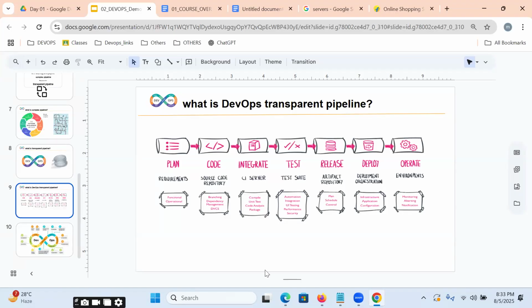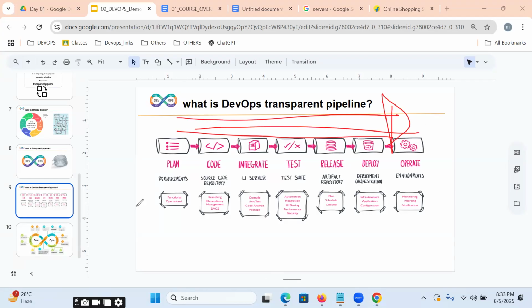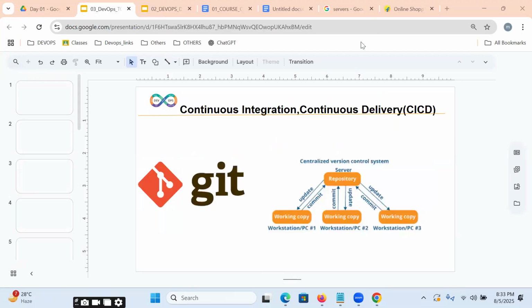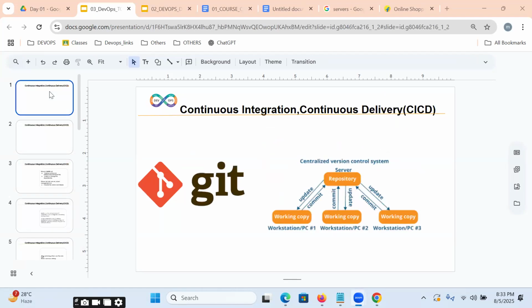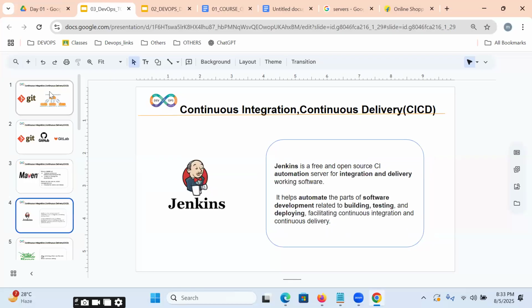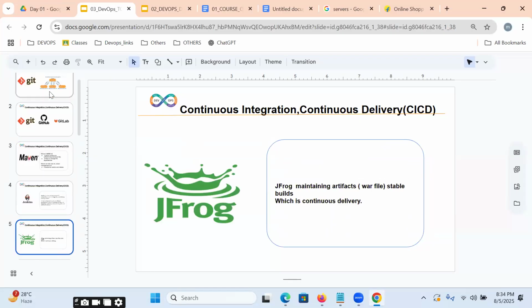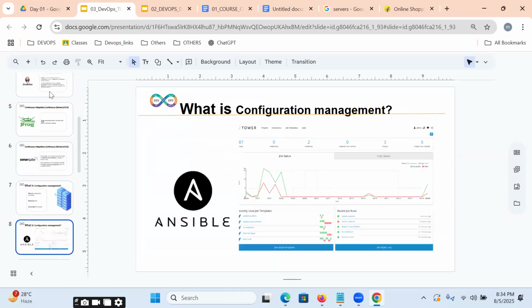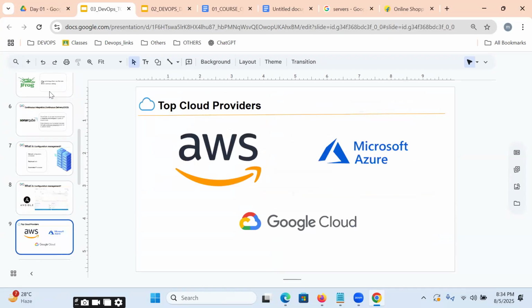Sir, how exactly can we implement this DevOps transparent pipeline? Which are all the tools we are going to be using? Git we are going to be using. Git, Maven, Jenkins, JFrog, SonarQube, Ansible, AWS,